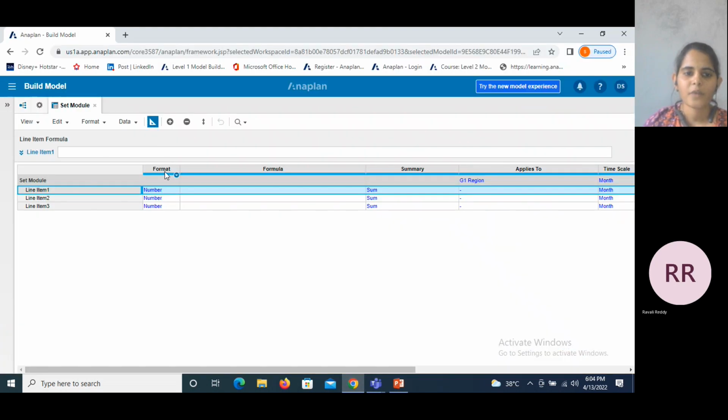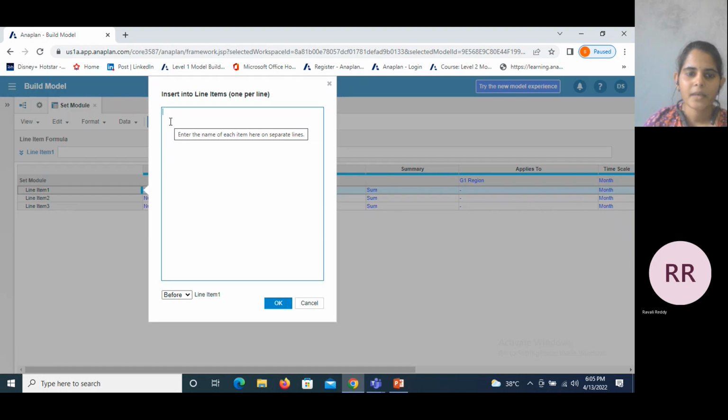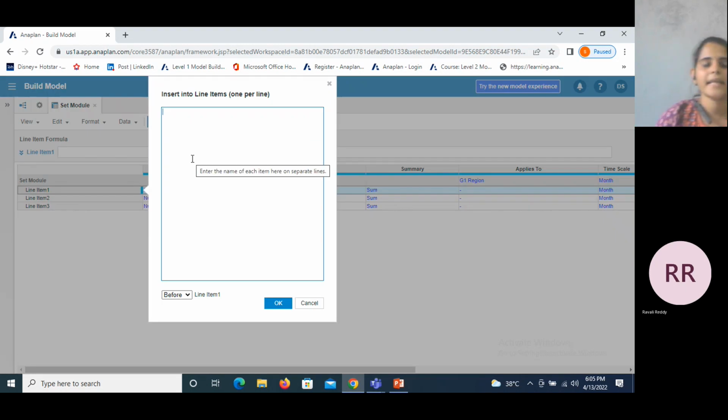So this is the format. This format is used to specify the data for each line item. So here we can add 7 different line items. Click on the plus symbol. So here I am taking line item name, format names, number,